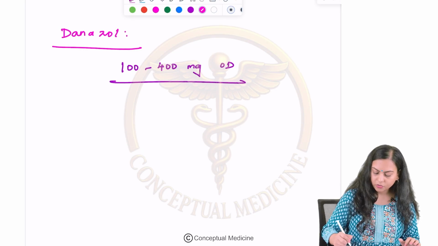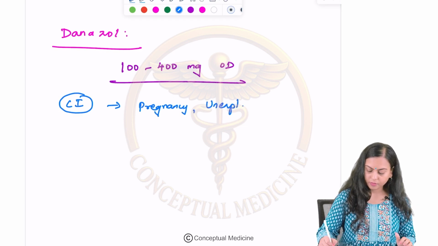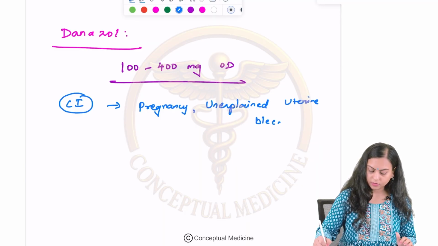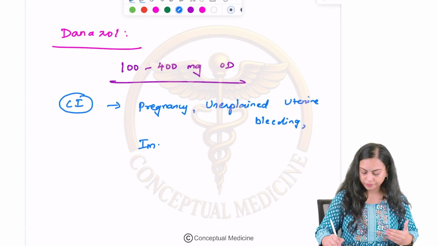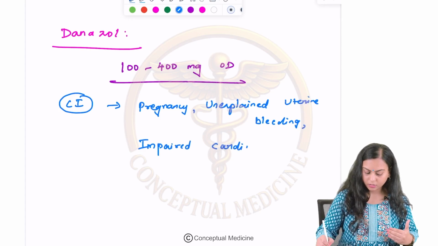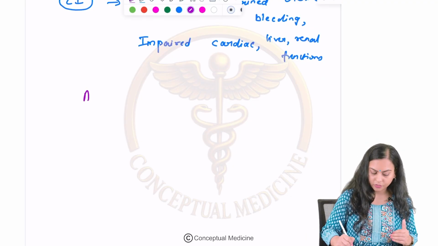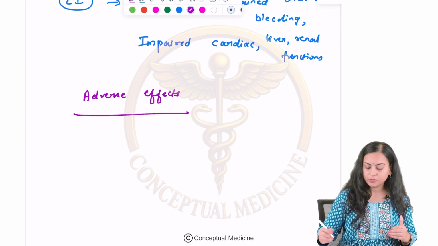And the contraindications of giving this drug include pregnancy, unexplained uterine bleeding, and impaired cardiac, liver, renal functions as well. Okay. So what are the adverse effects of this danazol? Okay, so that include